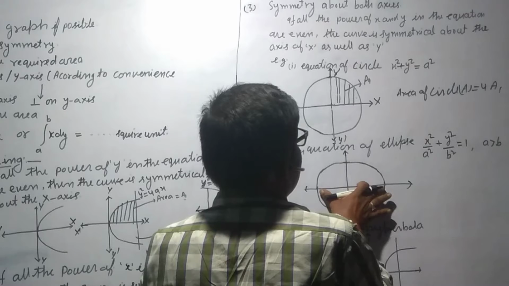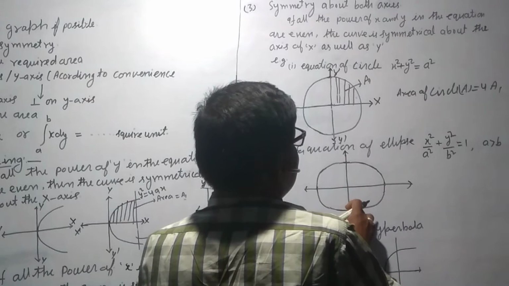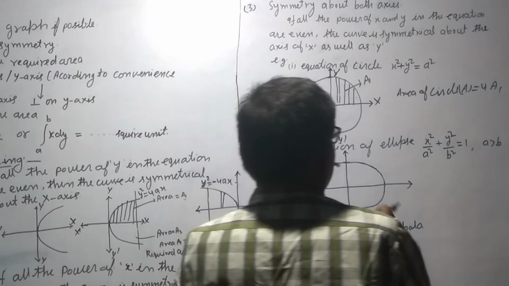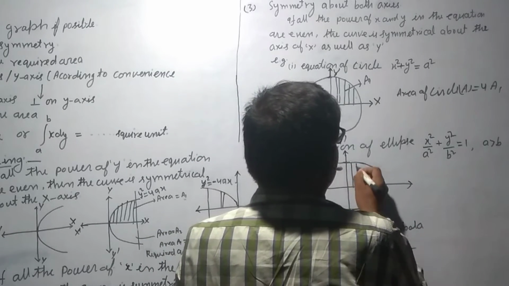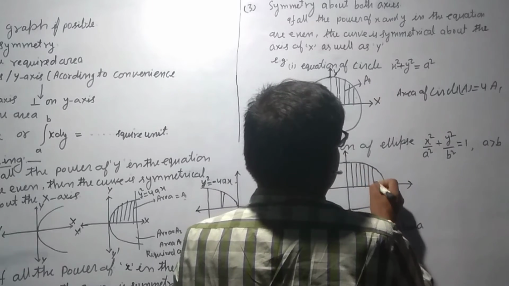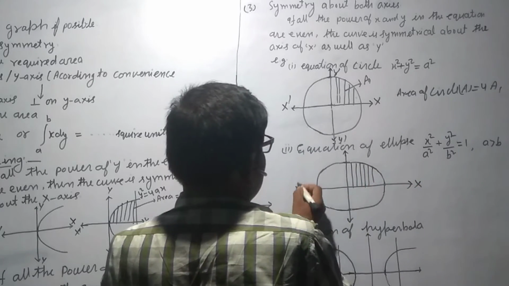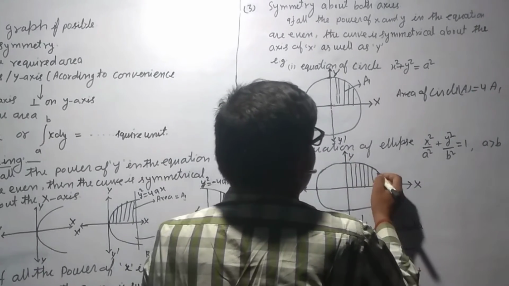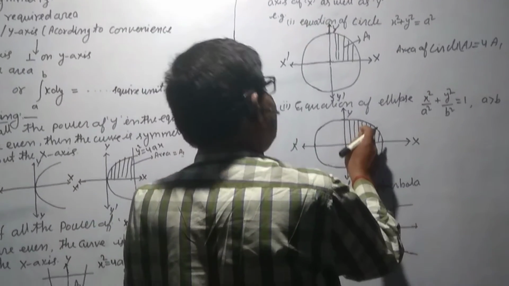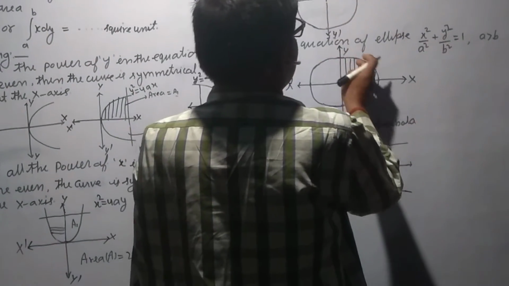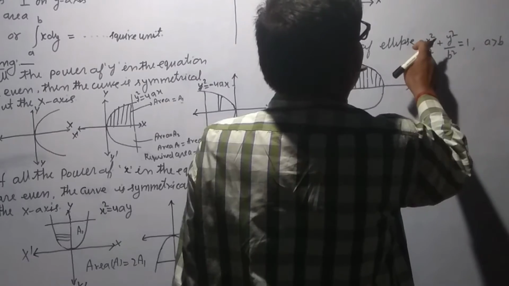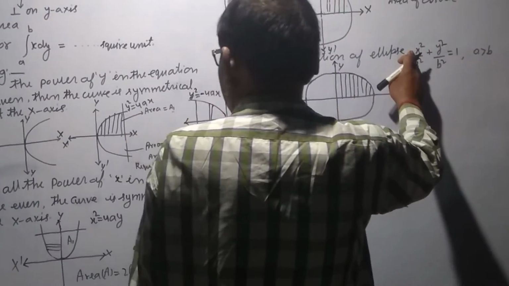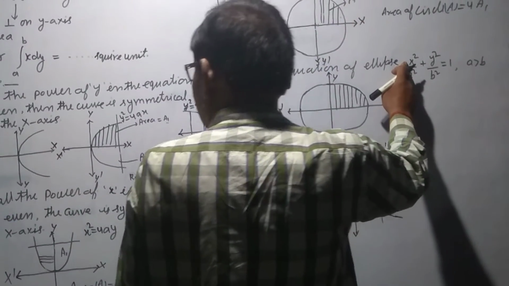This is a and this is b here. So in this case, if we calculate the area of this part, x dash, y and y dash, then after multiplying here, the power of x square is even, then symmetry about the